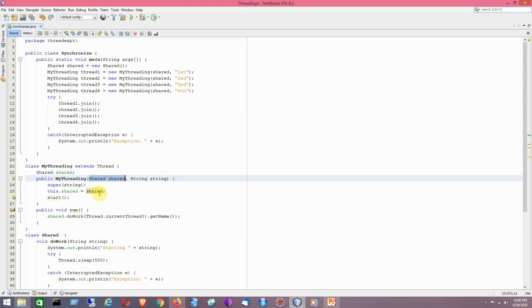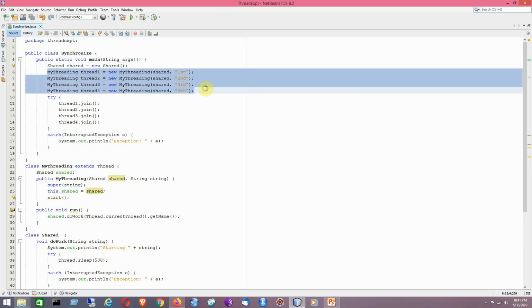Now we are coming to the main code. Here we have an object of the shared class being created at the first line of the main method. It is the main class synchronize. So we have three classes: the shared class, MyThreading, which is our customized thread class created by using extends Thread, and the main class. Now we have got four threads here, because I have already talked about multiple threads being used.